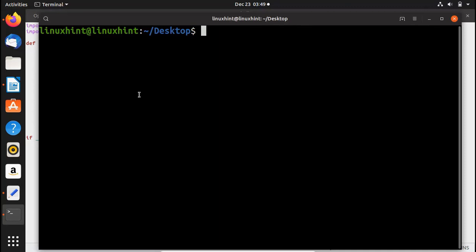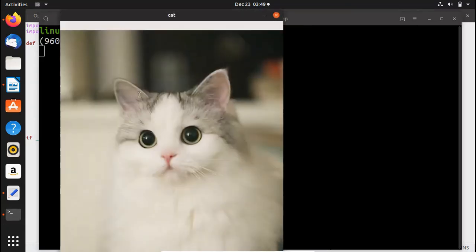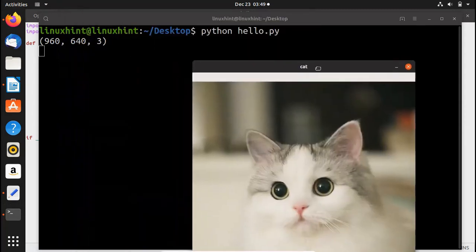So we go to our terminal, and now we try to run this. Okay, so we write here python hello.py, we hit enter, and now you can see that we have that cat image from our desktop. And in addition to that,